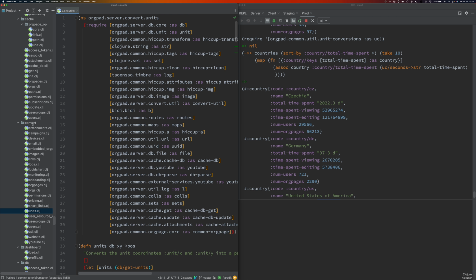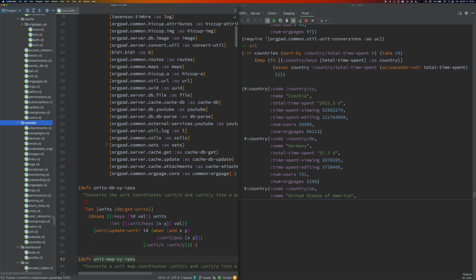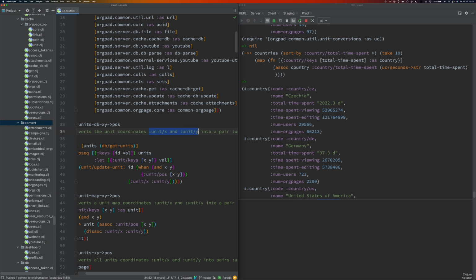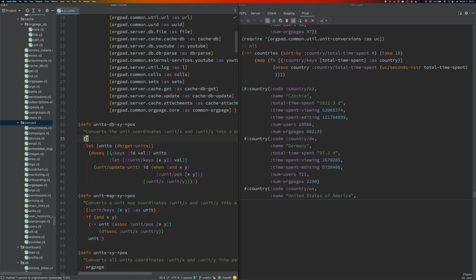All these files are stored under the convert namespace, and these are basically one-time conversions. We have seen that the position of a unit is stored as a vector containing the x-coordinate and the y-coordinate, but in the past we stored these coordinates separately in JSON, under x and y values, and we did a conversion that loaded all units from the database and updated them.